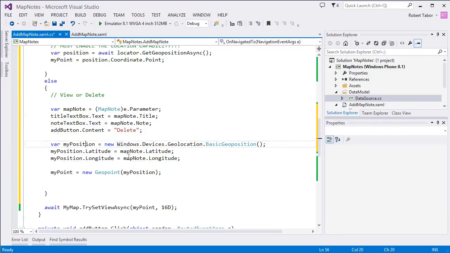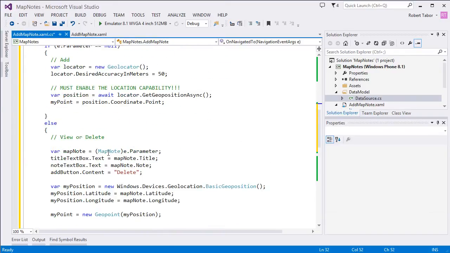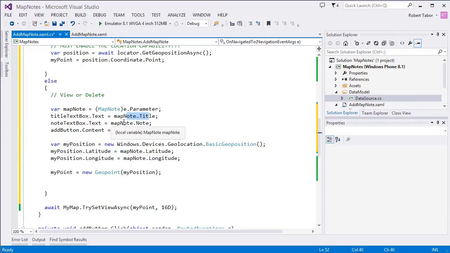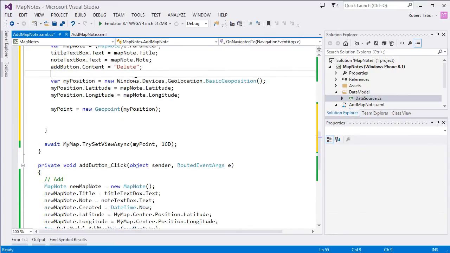We'll come back to that in a minute. So I'm going to cast that parameter to the onNavigated to a map node, and then I can retrieve off the title, the note. I'll change the add button's content from add to delete, and then I'm going to grab the